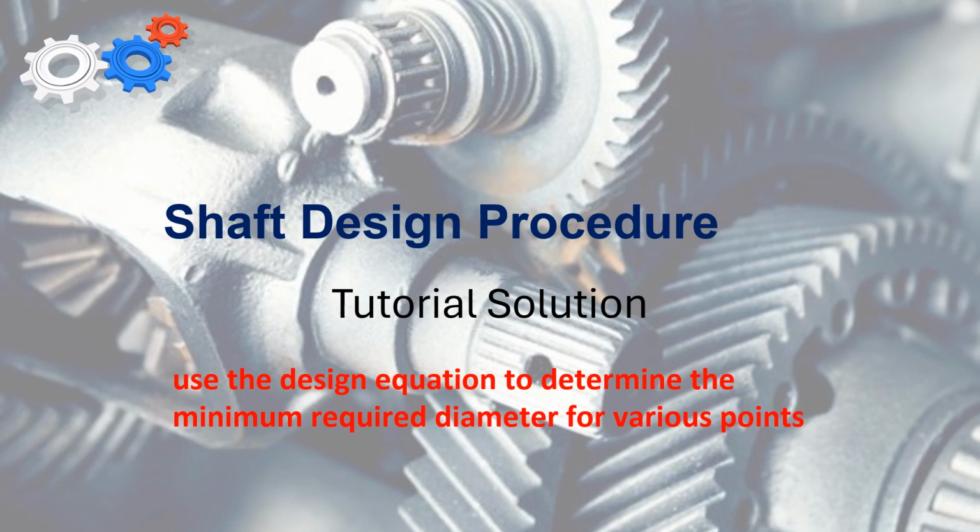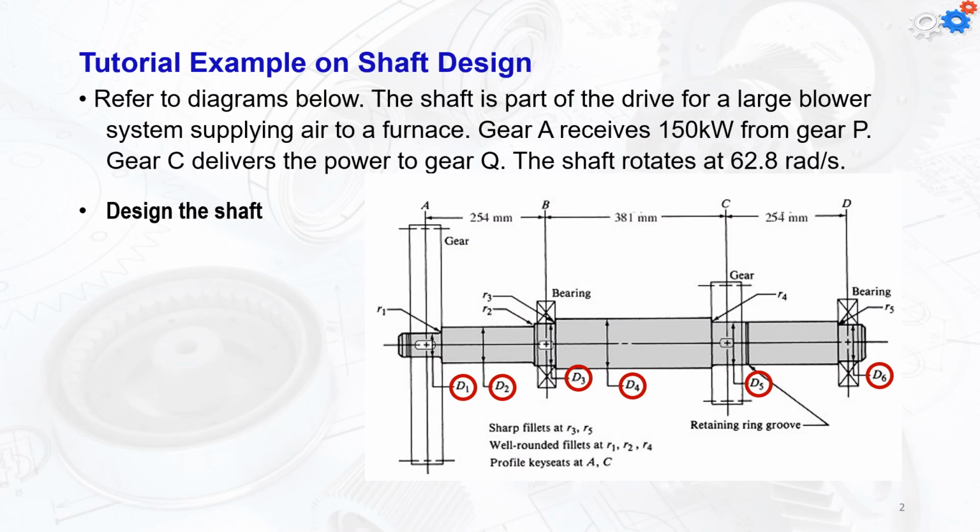Now, the next step is going to be using the design equation to find the minimum required diameter or diameters for the various points. The sizing of the diameters is going to be mainly based on the forces we're going to have at these points. So you can see from the geometry of the shaft that we're going to have small diameters and large diameters, and it's not only going to be about having the shape or the diameters to be that way, because